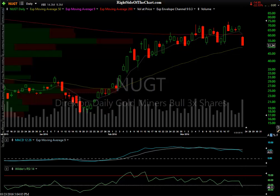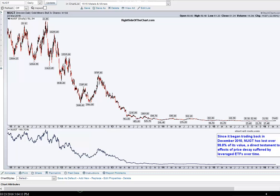And for those of you new to the site, I've put this chart up many times, and if that doesn't convince you, there is a possibility I didn't check for dividends, guys. You've got to realize sometimes ETFs, even if they're tracking the same index, pay out different distributions, dividends, and that can adjust the share price as well. I didn't check for that. There is a possibility that GDX and/or Nugget made a distribution that affected the share price. But if that doesn't convince you, and again, you can check that,